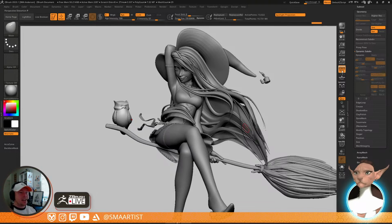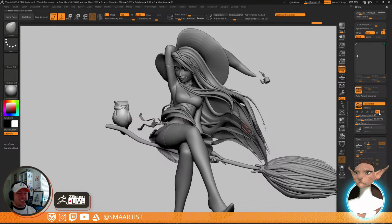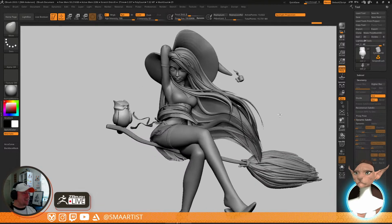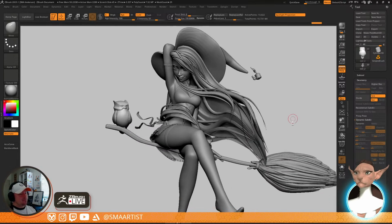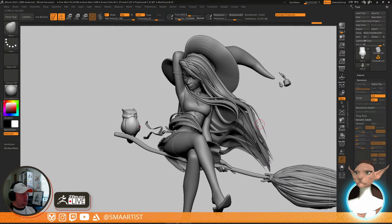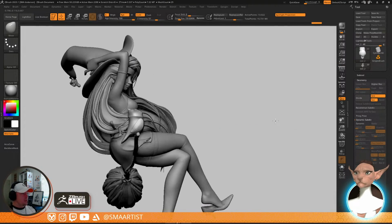Focal length that I'm using, I'm just using whatever is default. It's at 50 right now by default. It's not really anything fancy. I'll switch from time to time from having it on and having it off. But yeah,